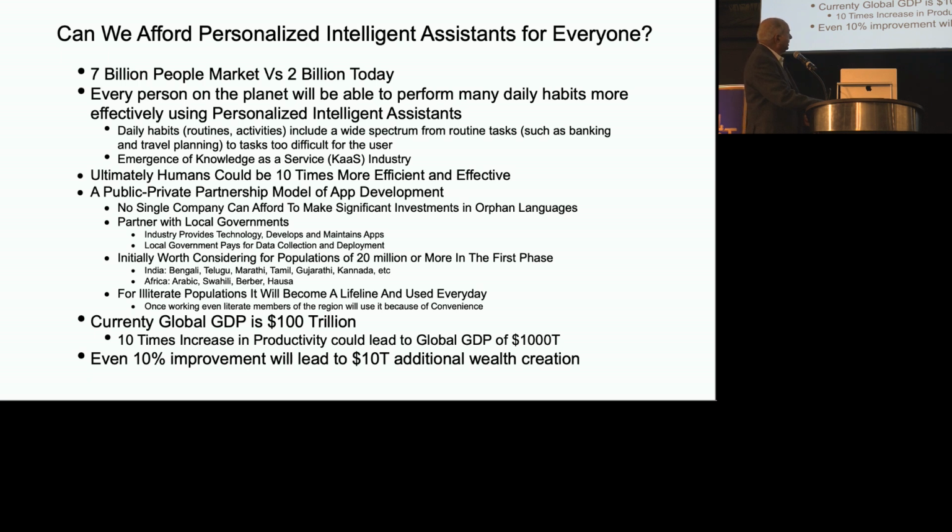This will increase, if everybody, you know about Metcalfe's law, about the power of the internet or the connection increasing as the square of the number of people connected, right? And if we double the number of people connected from 3 billion to 7 billion, all of a sudden we have 4 times as much wealth.